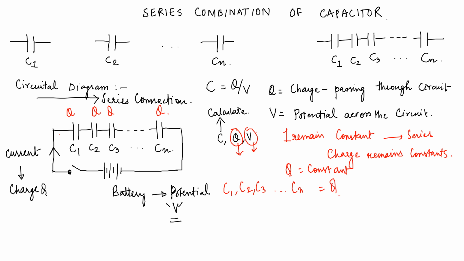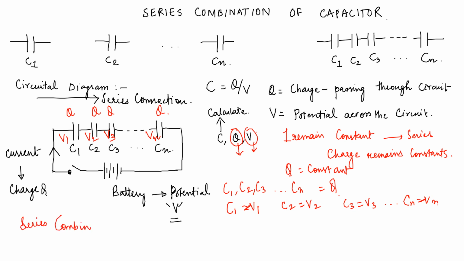For C1 it is voltage V1, for C2 it is V2, for C3 it is V3, and similarly for Cn it is Vn. Now we will derive the series combination